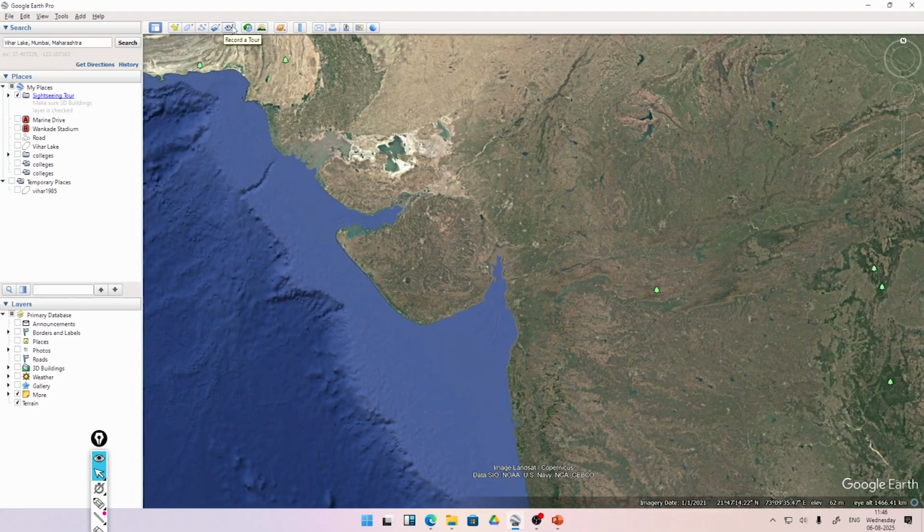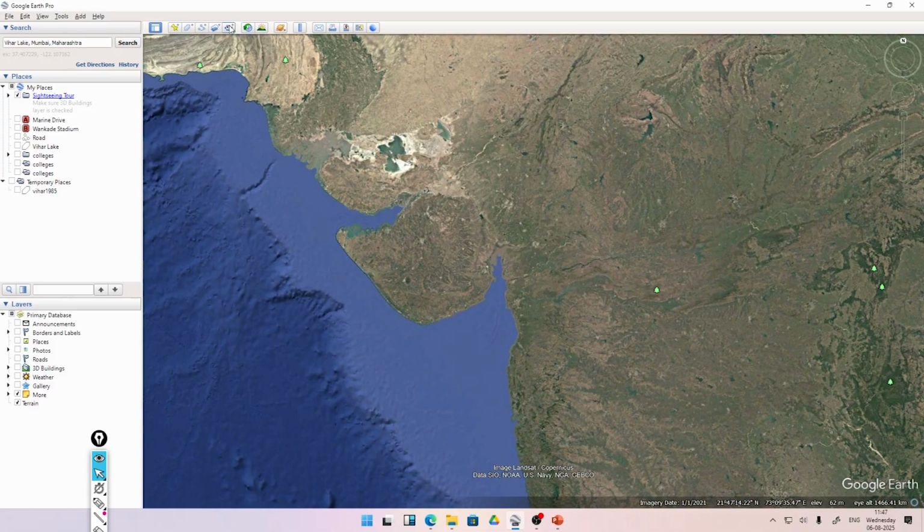And here there's a record tour. Let's say we are planning to go for a holiday trip, or we want to present some of the main localities of our study area to a presenter or other people. What we'll do is click on this recorder tool. When we click on it, here on the bottom side you can see